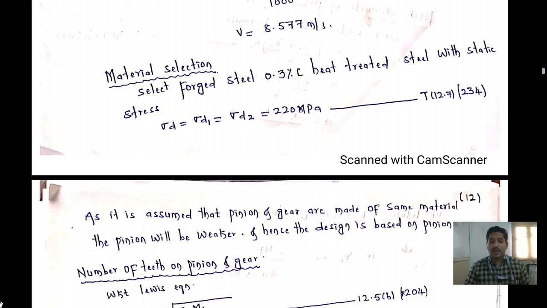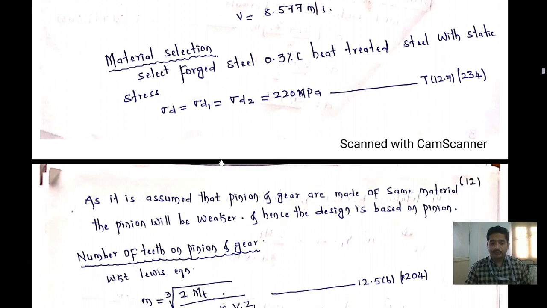handbook by Mahadevan. Sigma d is equal to sigma d1 equal to sigma d2 equal to 220 megapascal; you can easily get it. After that, here we are assuming the pinion and gear are made of the same material, and that the pinion will be the weaker. Why is it weaker? Because sigma d1 should be equal to sigma d2. For that reason we can say that it is made of the same material, first thing, as well as